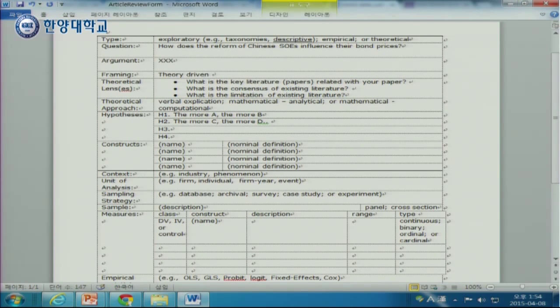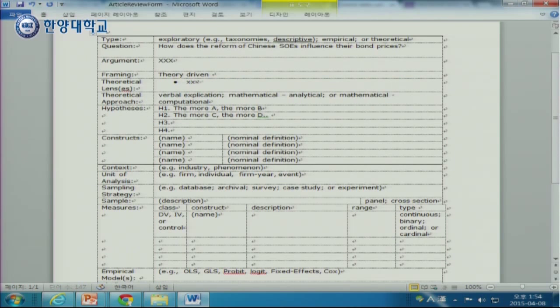You take a look at other market cases, for example, and then generalize that, and then you generate a prediction. So it is like a theory. From other cases, you generate theory, and from theory, you generate prediction. So it is theory driven. And then I assume it is easy for you. And then it is a verbal explication, I think. And then the hypothesis is the